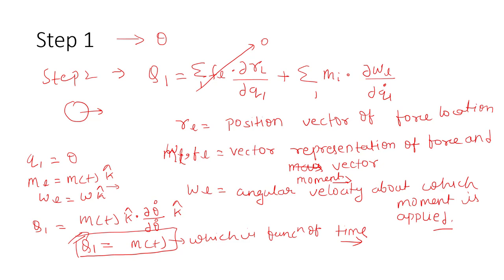Now we have covered the two steps: we have decided the generalized coordinate theta, and based upon that theta we have also calculated the load in that specified generalized coordinate system. So now what we have to do is compute the potential energy, kinetic energy and the damping energy, dissipation energy, sorry. So for that,